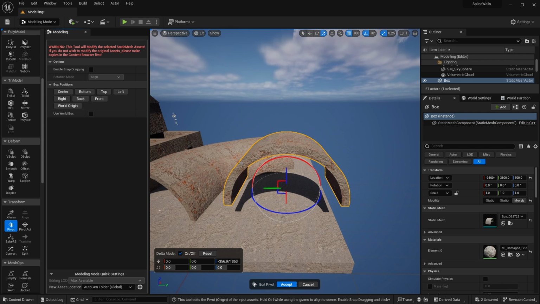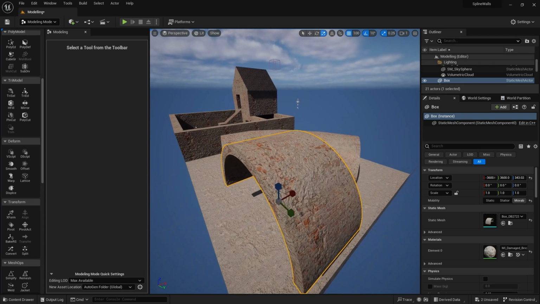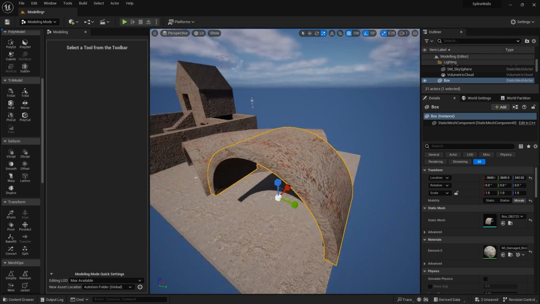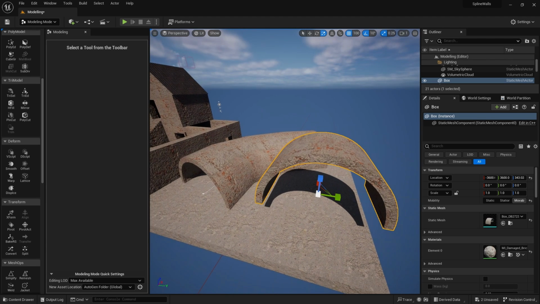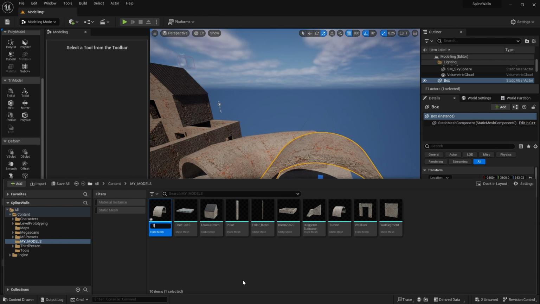So apart from the fact that it's been modeled differently, everything else is looking good. So click accept. Do we have the brick walls on the side horizontal? We do already, so we don't need to rotate those around. So that's looking pretty good. So let's go into the content browser with Control B, and we'll rename this one Tunnel